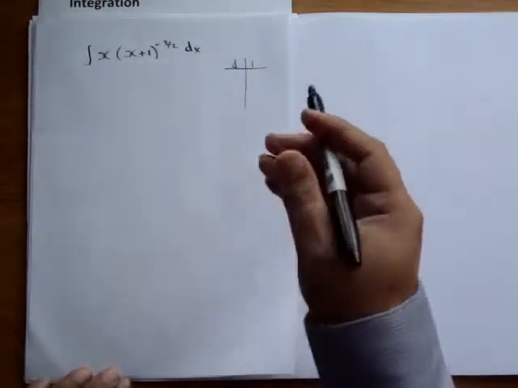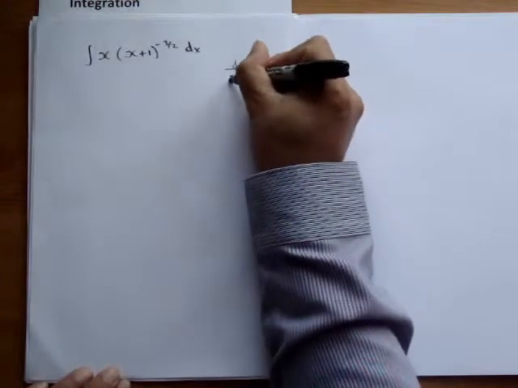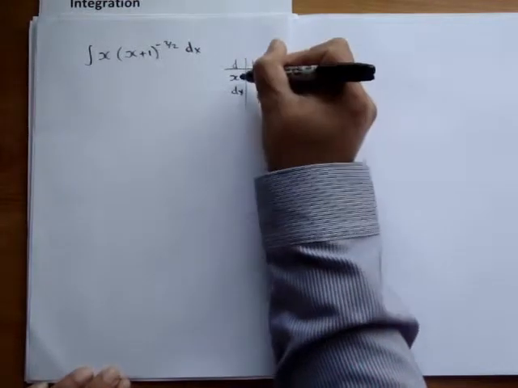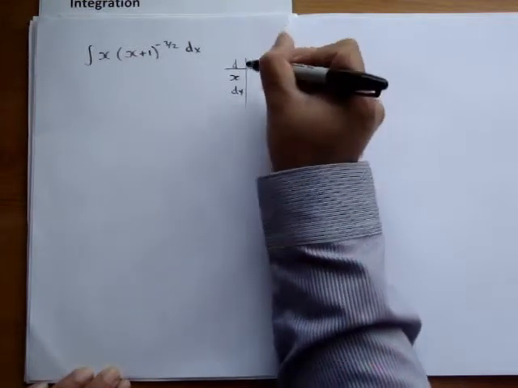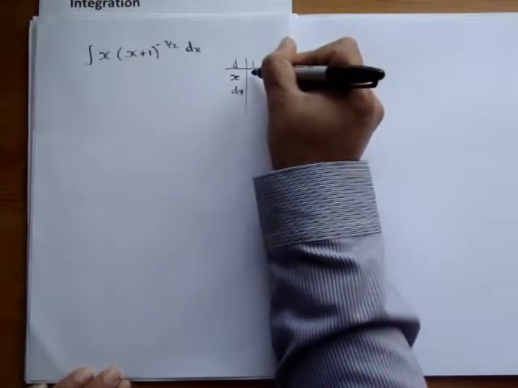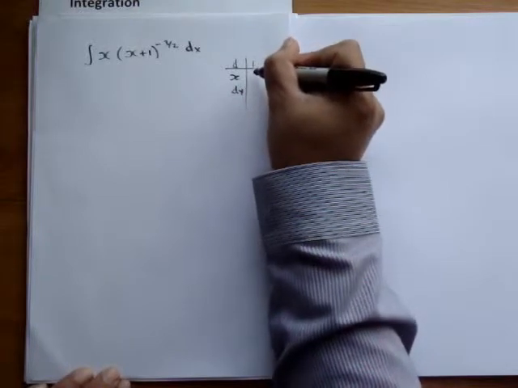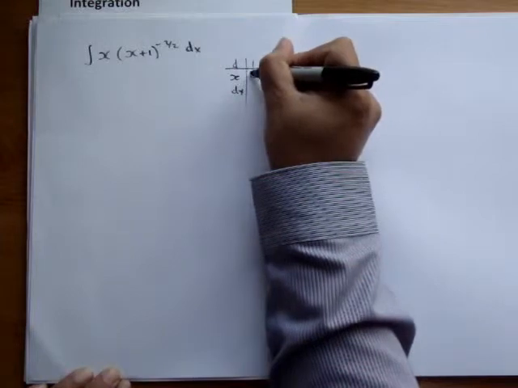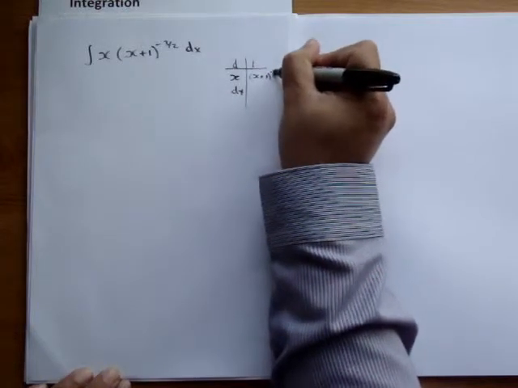So if we make u into x and differentiate, we get 1 dx. So our dv then becomes (x plus 1) to the minus 3 over 2,